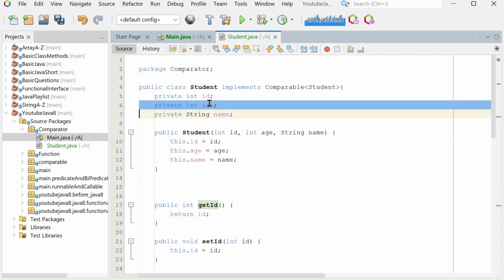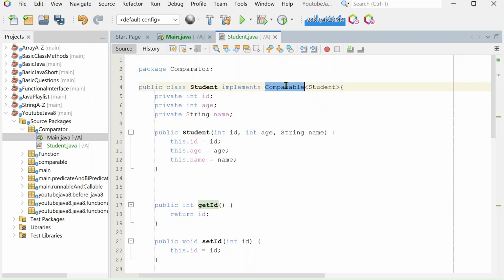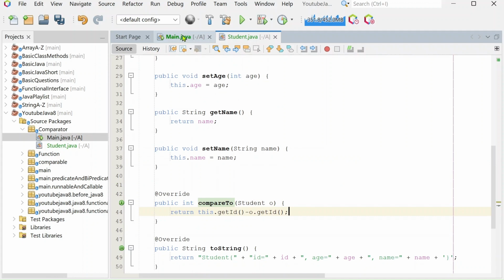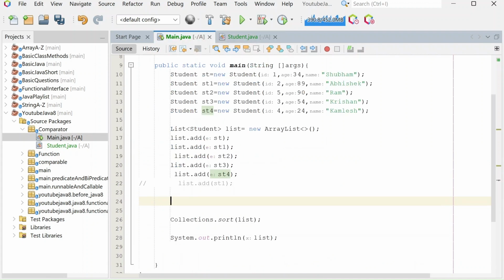So what will you do? There's a big problem, because by using Comparable we can sort in only one way, that is compareTo, and inside it we have to write one logic. That's the problem that comes. But when we use the